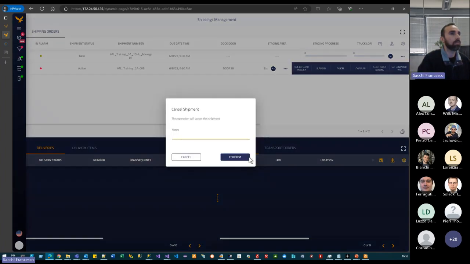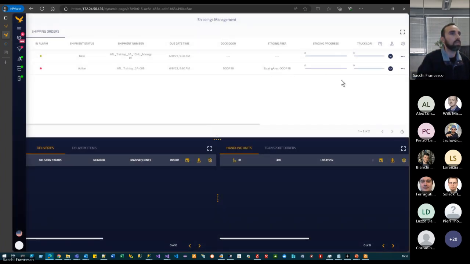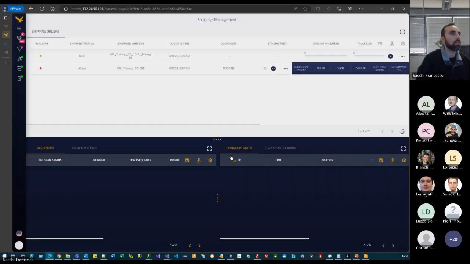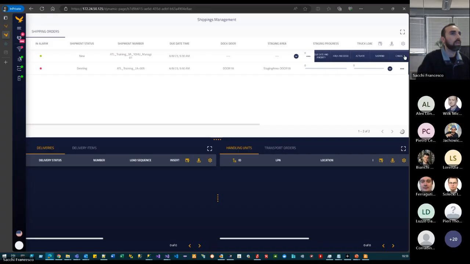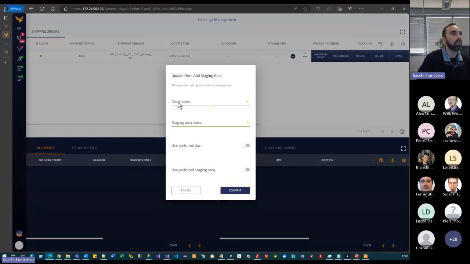So this. Okay, so this shipment, now I don't have automatic activation, and I also have not set a strategy to decide